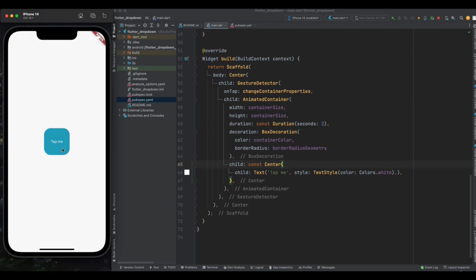Today, we're diving deep into the world of Flutter with a focus on animated containers. As you can see, the shape and color of our container changes every time I tap on this container. If you want this same behavior in your next big project, then please follow along with me in